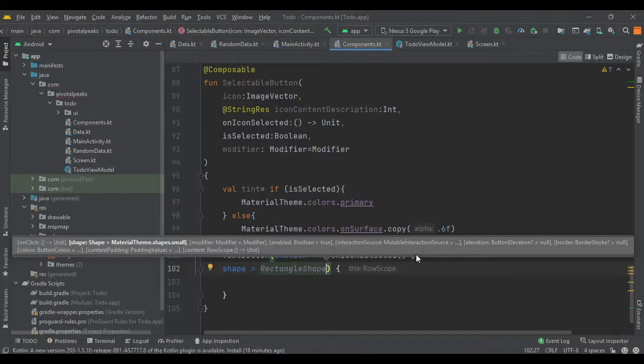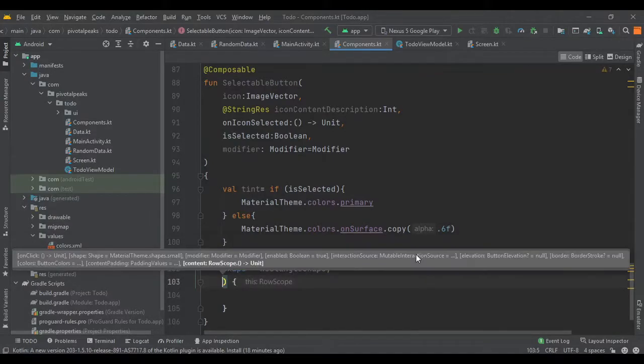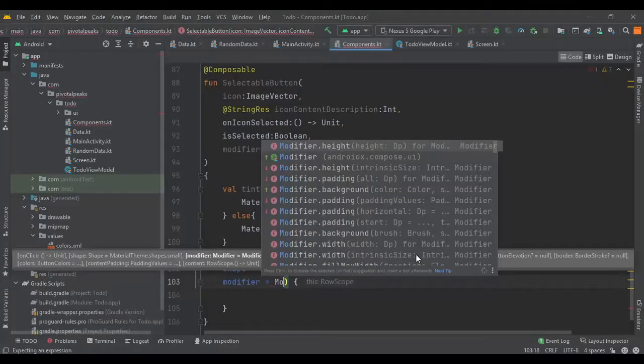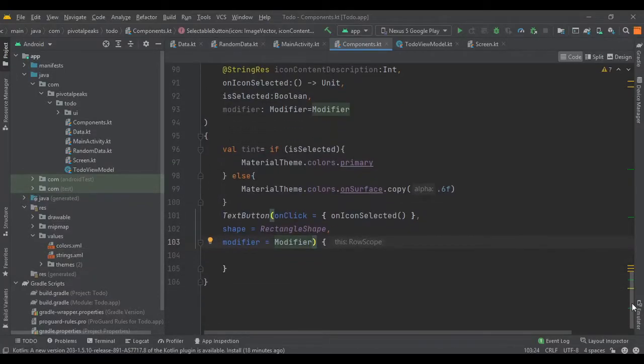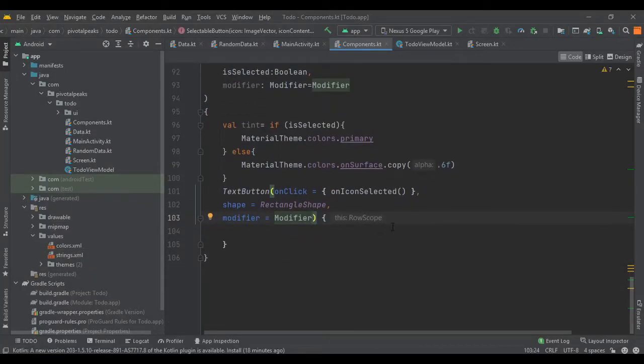So RectangleShape, and let's also provide the modifier. So modifier equals modifier, and yeah, these are the parameters for the button.